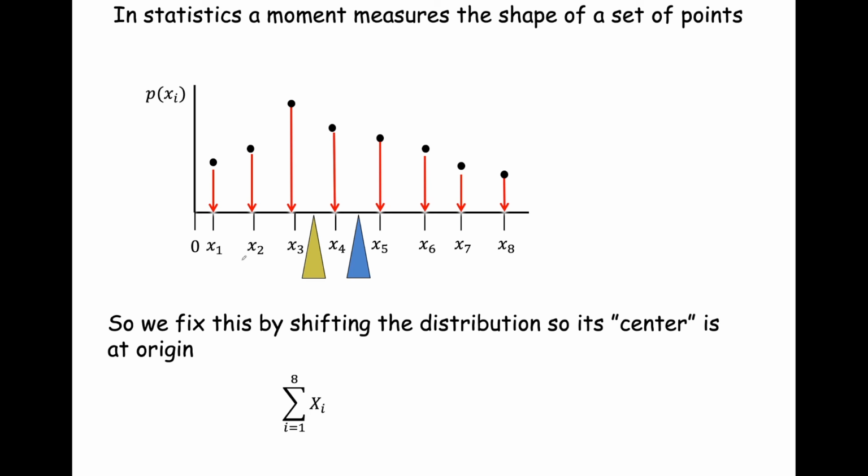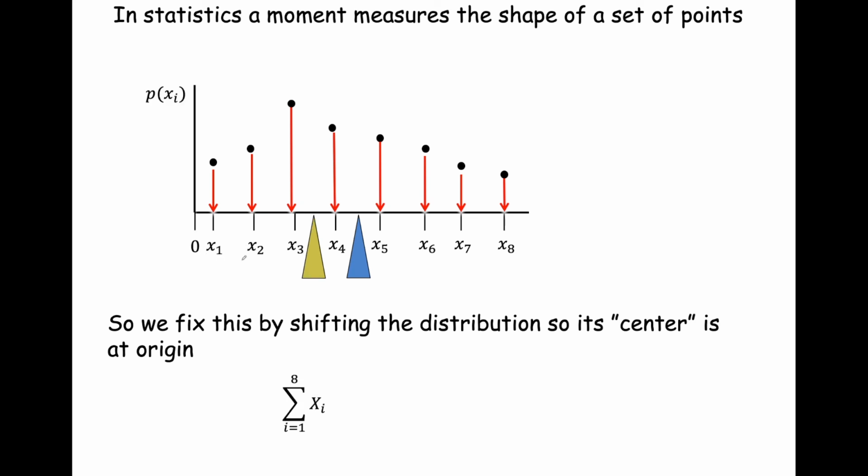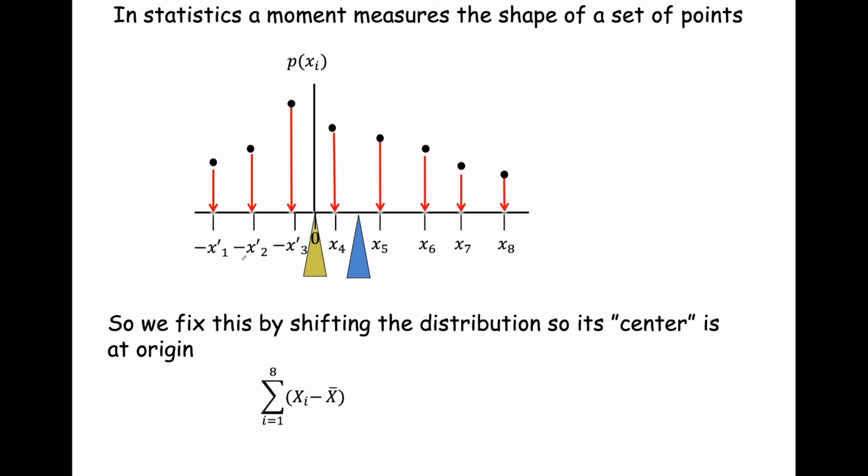And how do we place it at origin? We shift it. We shift it by subtracting the sample mean from each of these values. So now each of these original xi's has a new value, which is its old value xi minus x bar, the sample mean. And this has the effect, let me flip back and forth, of shifting the origin from where it was to be at the center, the natural center, this mean. And so we're centering the mean, so to speak, about origin. So we're bringing the mean, the center of mass, to be the origin when we subtract the sample mean x bar from each data point. So now if we do that,